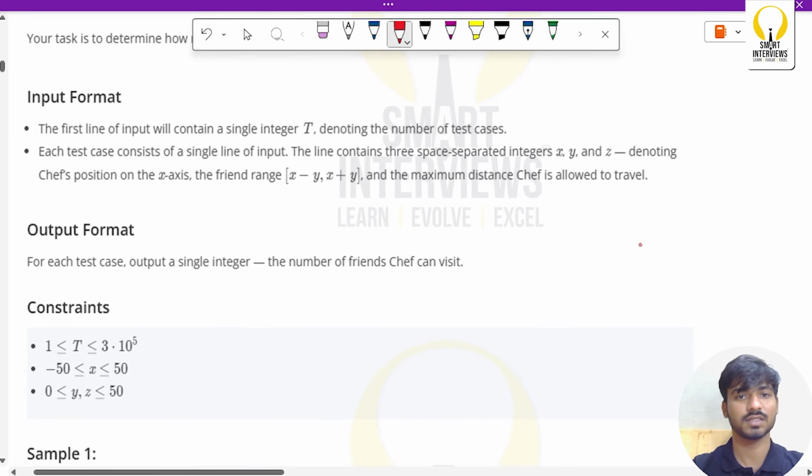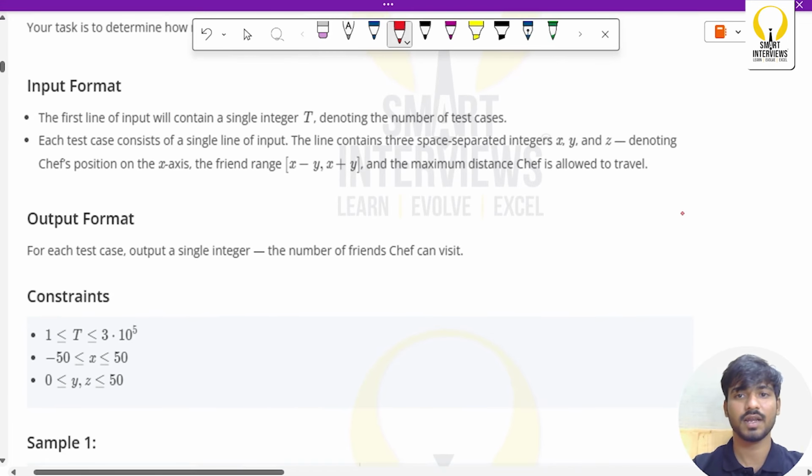T number of test cases, and each test case will contain three integer values x, y, z. Here x denotes the chef's current position on the x-axis, and y defines the range. Using this y, we can define the friends' range, which is from x minus y to x plus y, and z defines